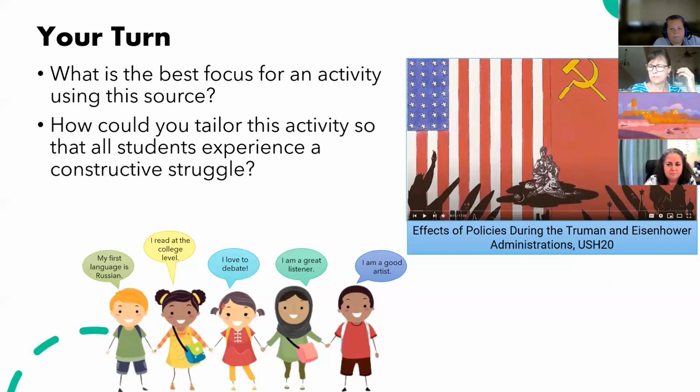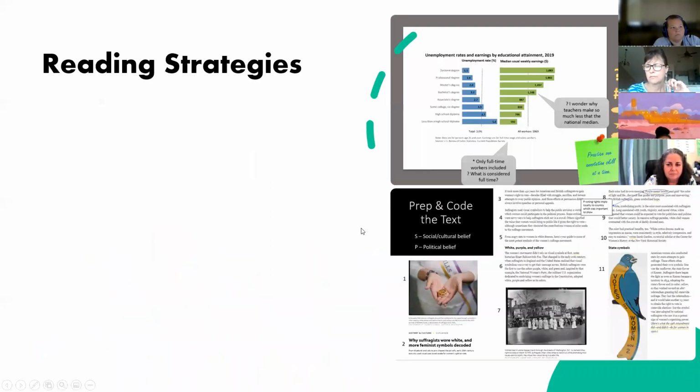So philosophical chairs is where, similar to the Four Corners activity that you described, it's an activity that I learned in AVID training. Students sometimes will research, or you'll look at a couple of different documents and you'll ask that essential question. A practice round that I usually do with kids so they can learn the strategy is, should guns be allowed in school? If you really, really like that, then you sit on the right. If you really, really think you're against that, you sit on the left. But the people that are in between have to stand in the back, and you have to practice all those civil discourse skills